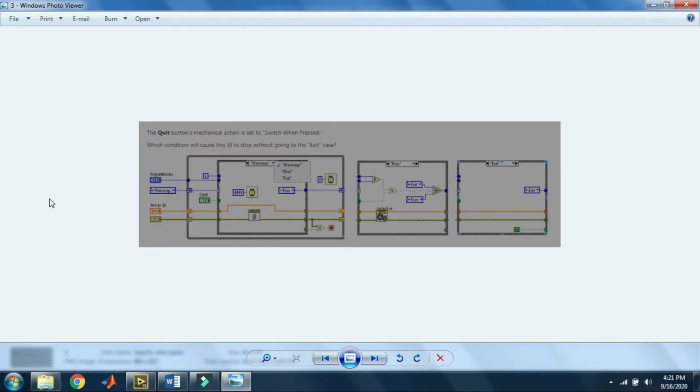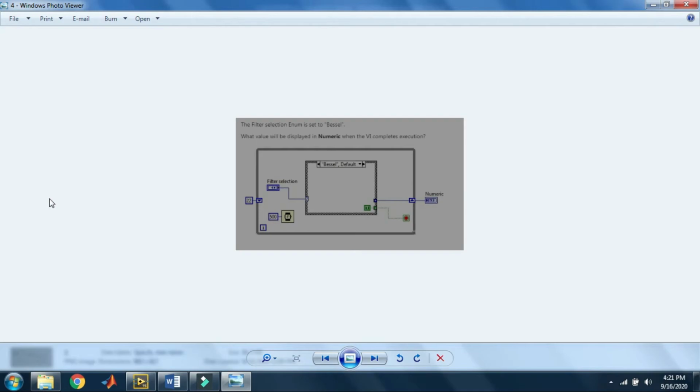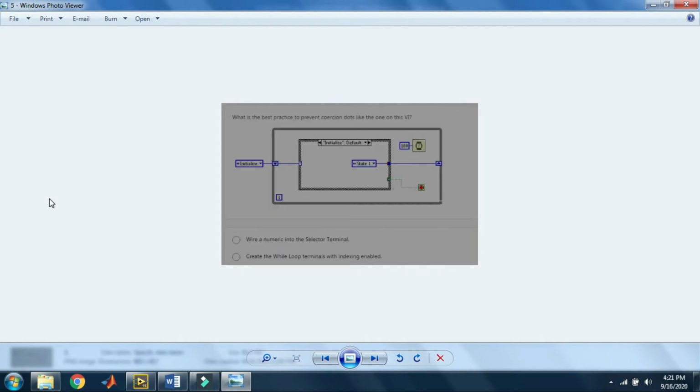Here is the third question. It is on state machine and mechanical action of the button, push button. Here is the fourth question, again on state machine. Here is the fifth question.